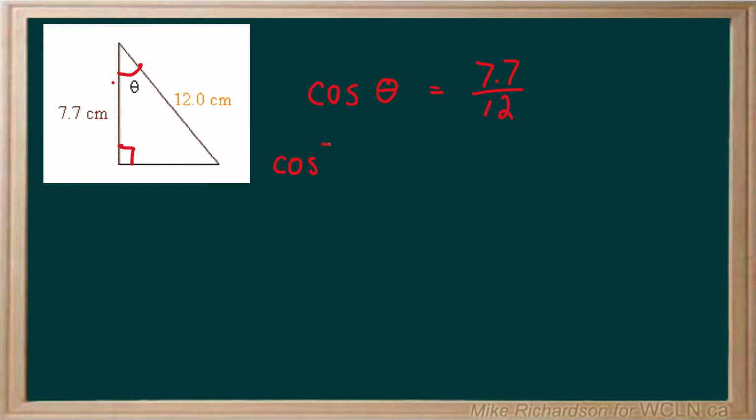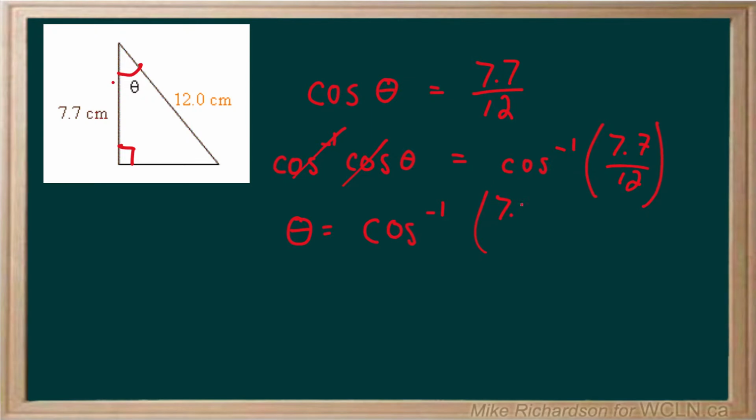both sides. Cos inverse of cos theta is equal to cos inverse 7.7 divided by 12. And on the left, those are gone. And I end up with theta equals the inverse cos of 7.7 divided by 12. And when you do that on your calculator, usually the second function, I get an angle of